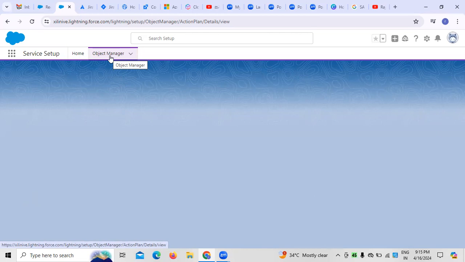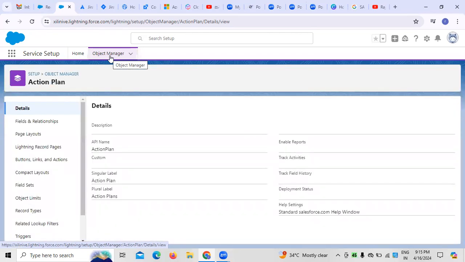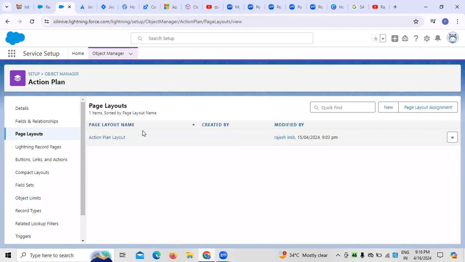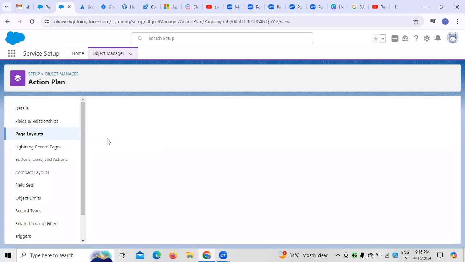The object manager is a core element where we need to know the page layouts we want to create. For example, action plan for API is something we have taken, which we need to enable. If you want to create any kind of page layouts for the existing application, such as action plan layouts,